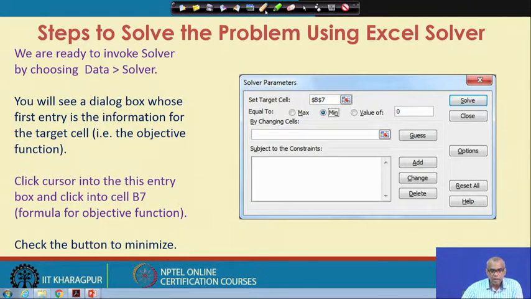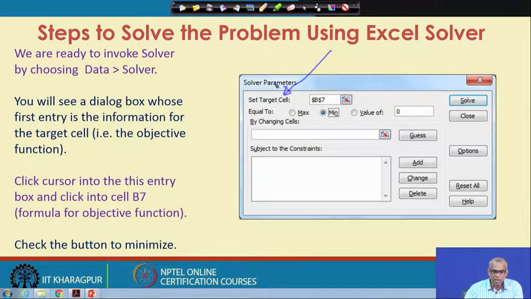So, you see a dialog box whose first entry is the information for the target cell. Target cell is the objective function. If you remember, in the previous slide we said that the objective function formula is written in cell B7.